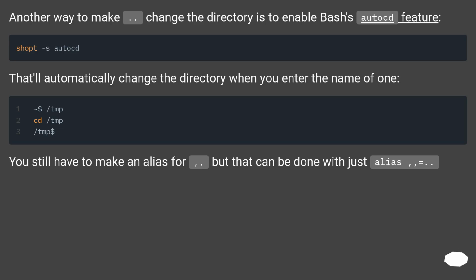Another way to make this easier is to enable Bash's autocd feature. That'll automatically change the directory when you enter the name of one. You still have to make an alias for .., but that can be done with just alias ..=